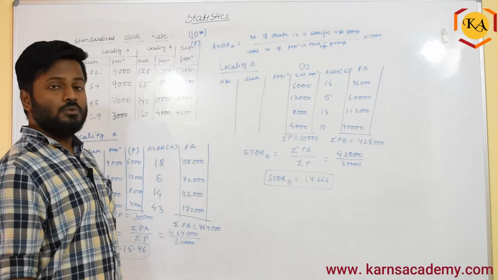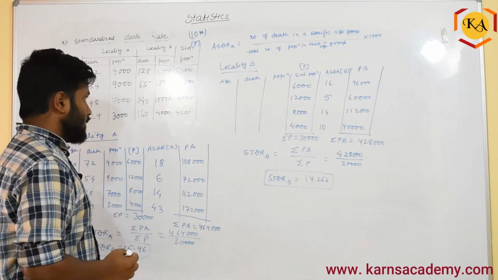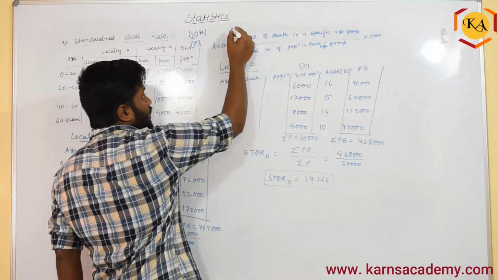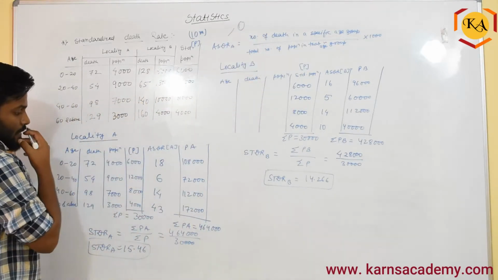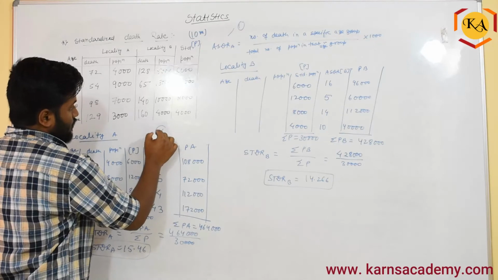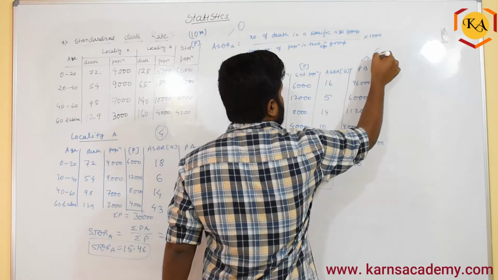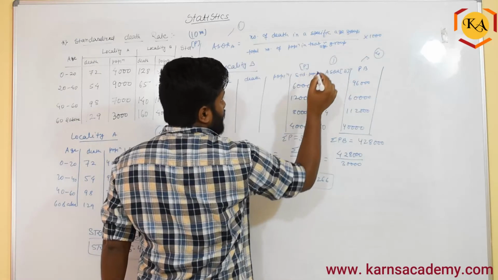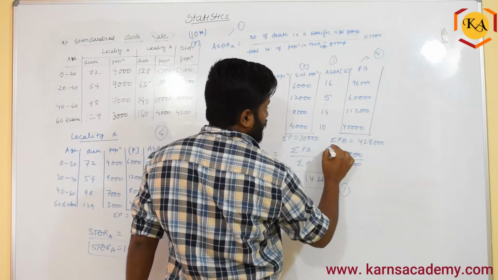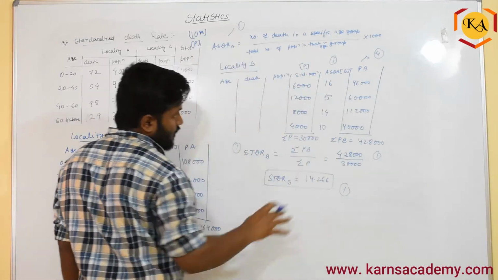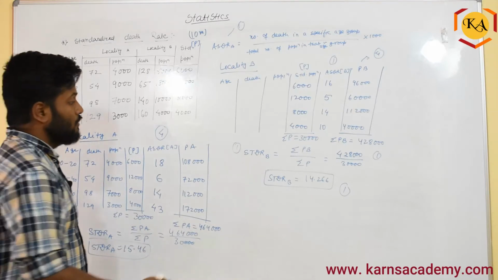This much if you do, you will get 9 marks. Here is how it works: 1 mark for this formula. This entire part you are going to get 4 marks, and this entire part you are going to get 4 marks, where this is 1 mark, this is 1 mark, this is 1 mark, and this total together with substitution is 1 mark. So basically if everything is correct, you are going to get the 4 marks. The last 1 mark will be for the conclusion.